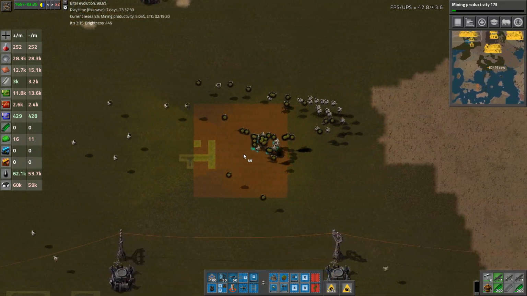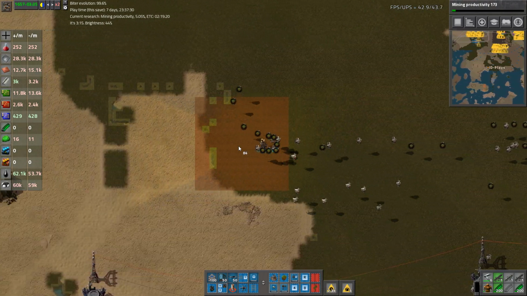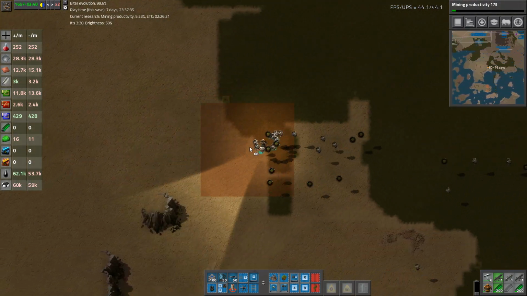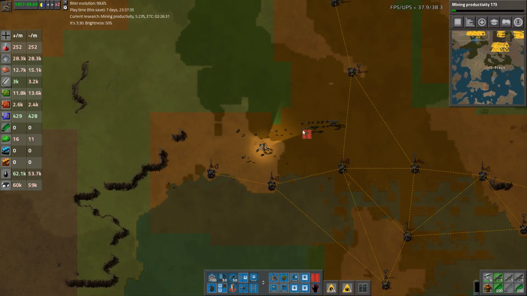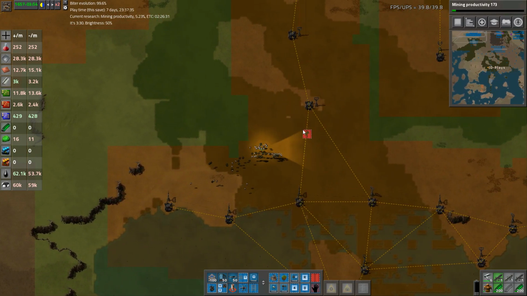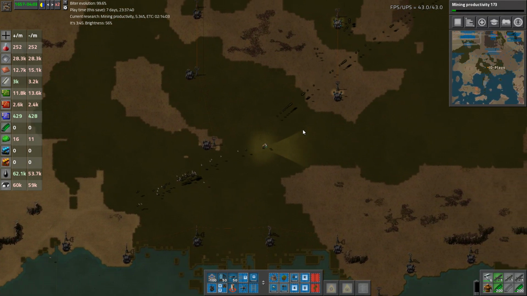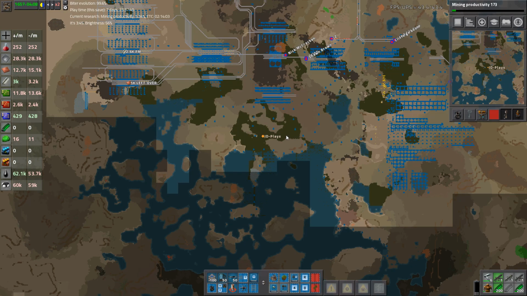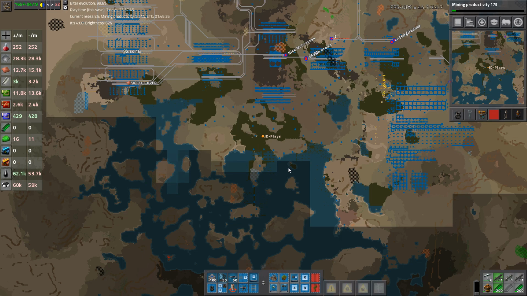Inventory empty yet? Nope. Go away, cliffs. Alright. So we're going to put... So if I do speed modules...